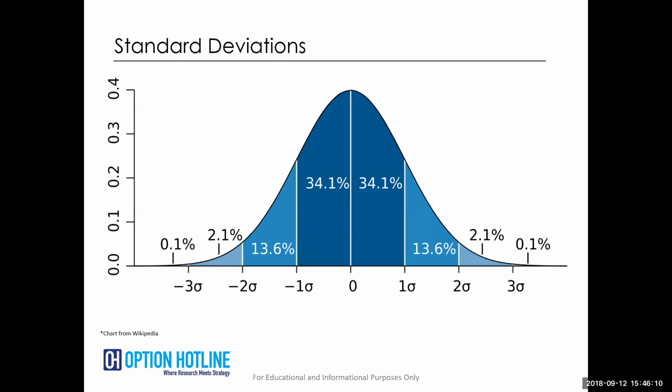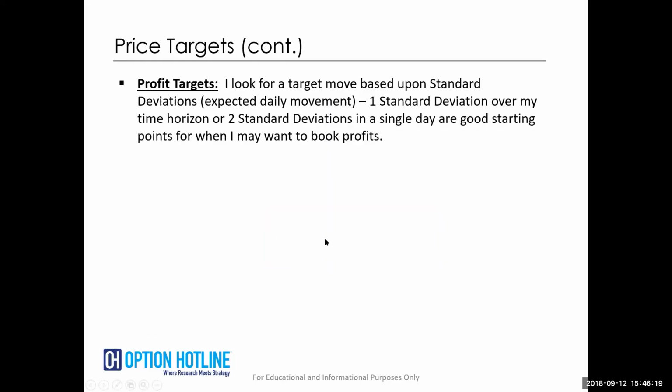So we can calculate these standard deviations using the volatility metrics of the market and everything else. I'm not going to really get into too much about the actual calculation at this point, but what I want to tell you is that when I look at a profit target, I do it based upon the standard deviations. So that's that expected daily movement. If a stock normally moves $1 a day, up or down, that's a 1 standard deviation move, the 68% level for me. So if a 1 standard deviation move is $1 in a day, then if that stock moves $2 in a day, I start to look at a possible point to take some profits.